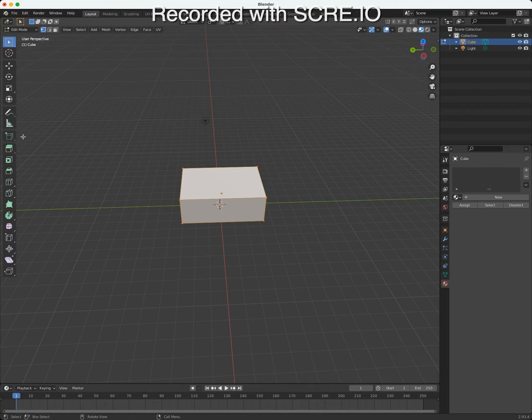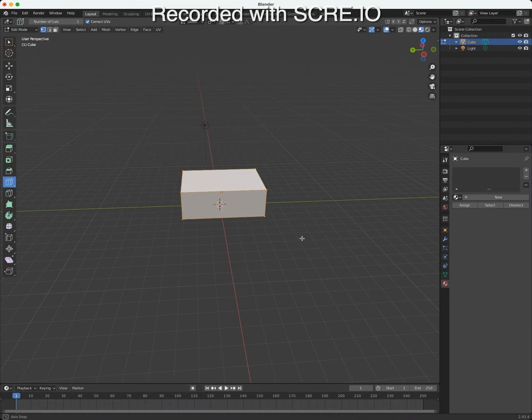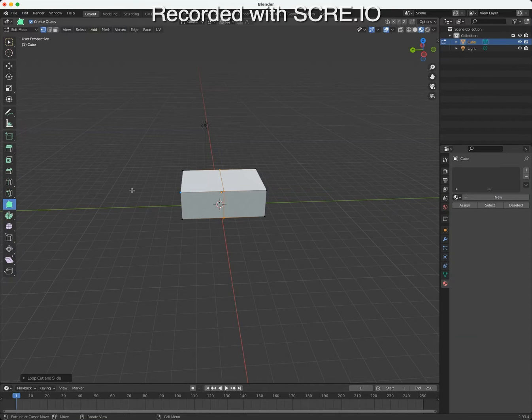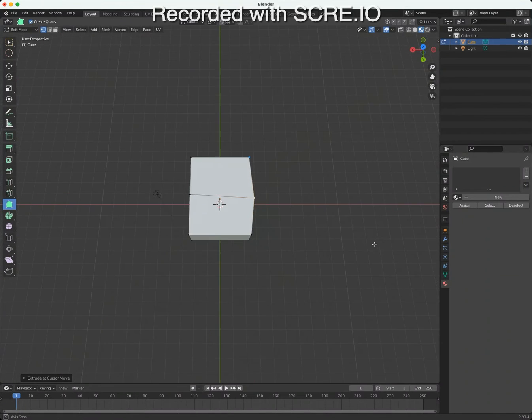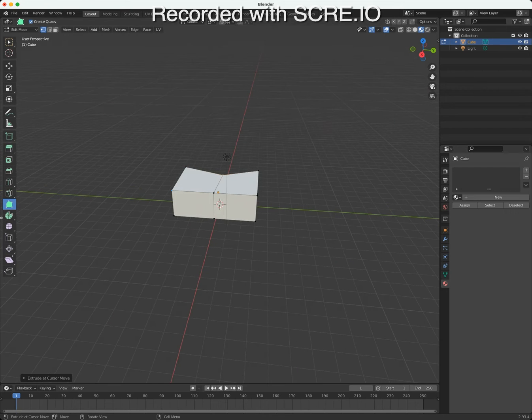Did you just see all these new functions pop up down here? Yeah, well, first one we're going to go to is this one. It's called loop cut. Now that we've got loop cut, we can now select the middle part and boom. There's a function added right in there. So we're going to go to poly build now, and I'm going to move that part of the head downwards, and then I'm going to do the same with the other side, downwards,